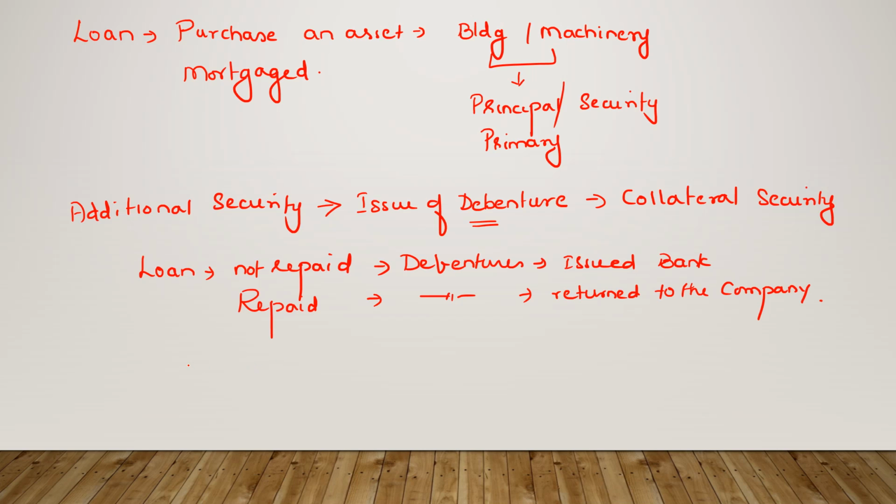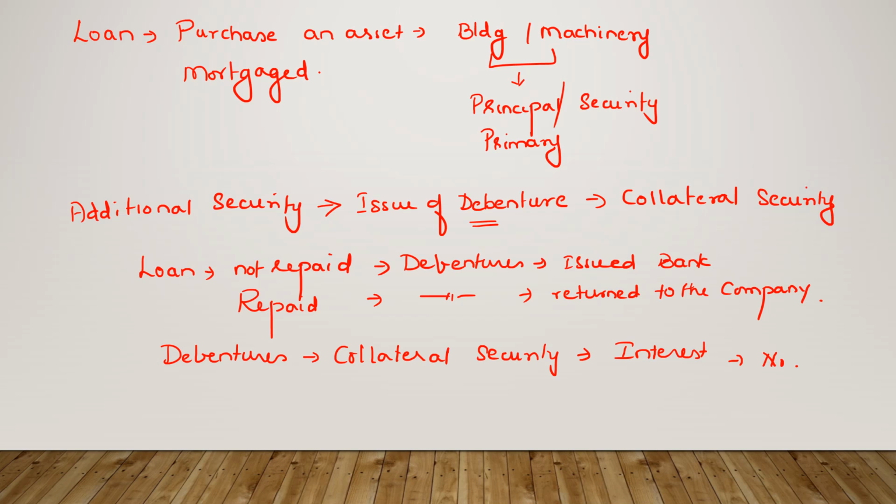An important point you have to remember is that in respect of interest that is paid on debentures, no interest can be claimed. So when debentures are issued, the debenture holders get return in the form of interest. But when debentures are issued as collateral security to such lending institutions like a bank, the bank will not get any interest. So I hope that is clear about what is meant by collateral security.